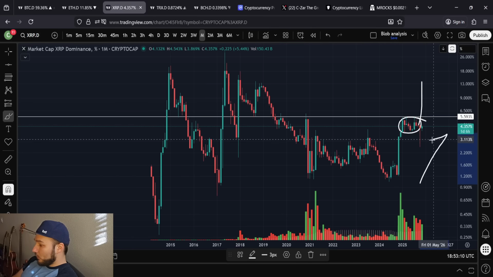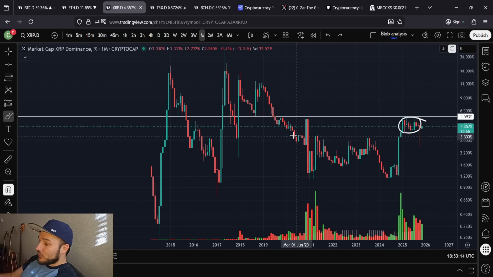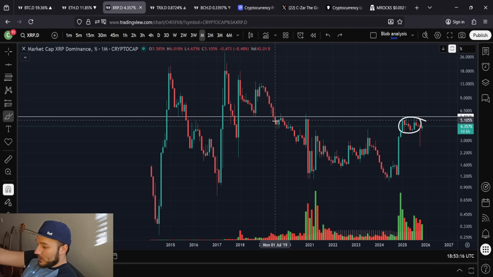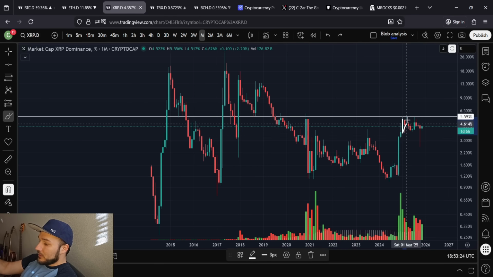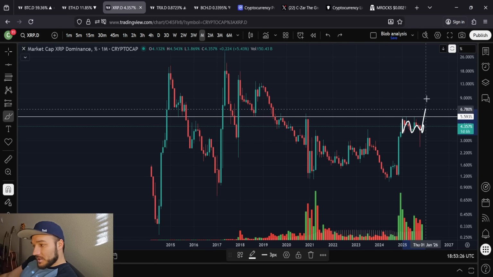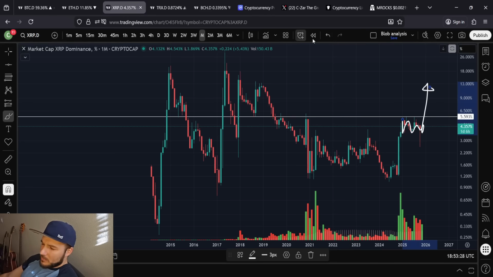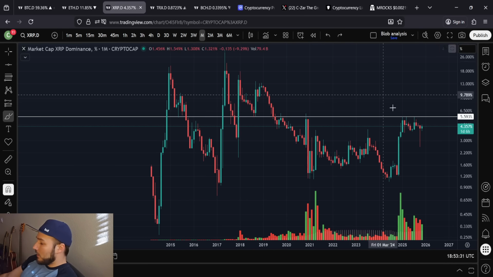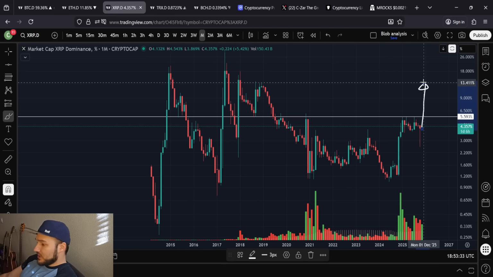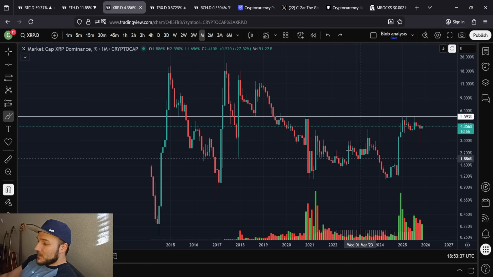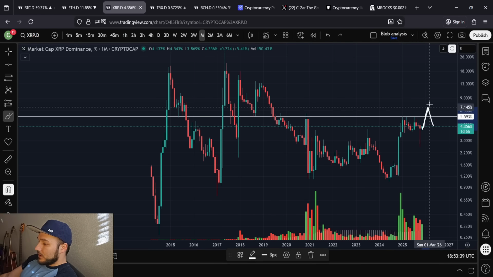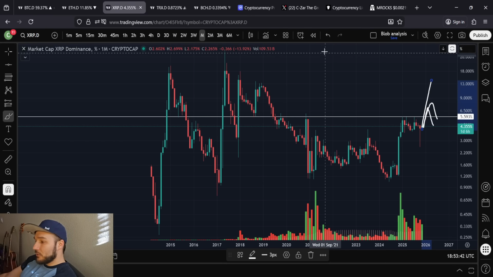XRP's dominance right now is 4.3%, with the potential. I mean, imagine that you're in a multi-cycle year since 2019, it's been 6 years now that you've been consolidating under this point of resistance, and now you're really flirting with it. When you flirt, you get some penetration most of the time, or maybe not most of the time, depending on who you are. But you're probably going to get some penetration here, XRP. I think things are going to open up for you. Where are you going to go? It's been 6 years. You're probably going to see something that's pronounced.